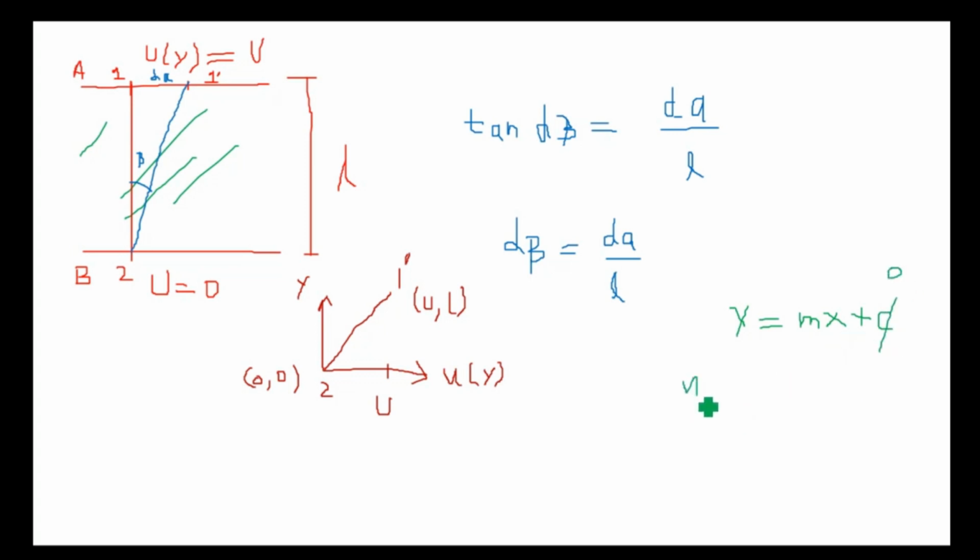m is coordinates of 1 dash divided by coordinates of 2. Like this? No. Vertical coordinates divided by horizontal coordinates, y2 minus y1, which you generally say with y2. Here what will it be? y1 dash minus y2 divided by x1 dash minus x2. So L minus 0 divided by u minus 0. So m is,